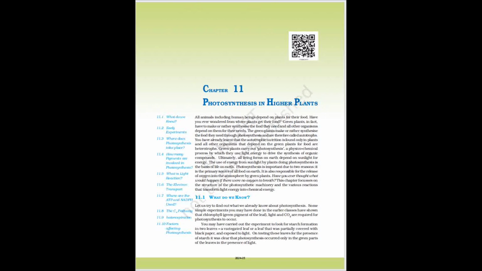11.6 The electron transport. In photosystem 2, the reaction center chlorophyll absorbs 680 nanometers wavelength of red light, causing electrons to become excited and jump into an orbit farther from the atomic nucleus. These electrons are picked up by an electron acceptor, which passes them to an electron transport system consisting of cytochromes,